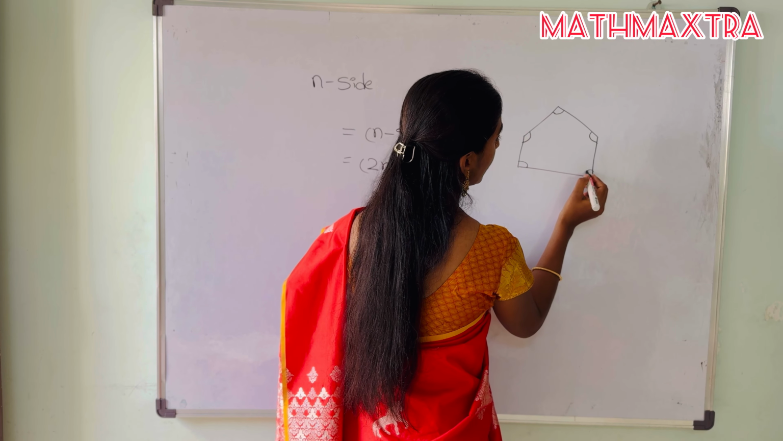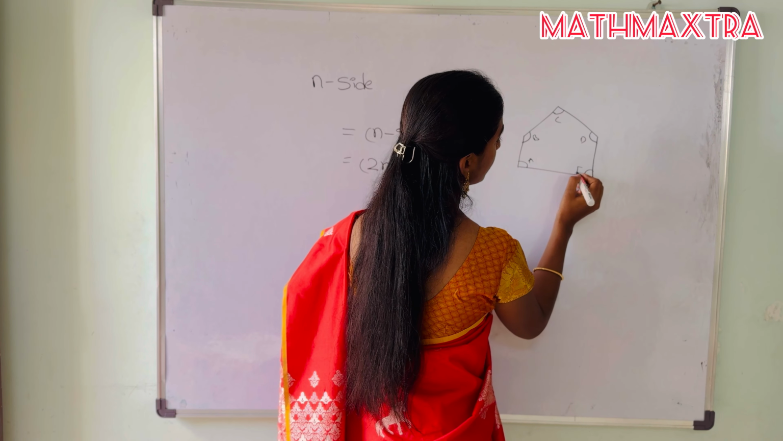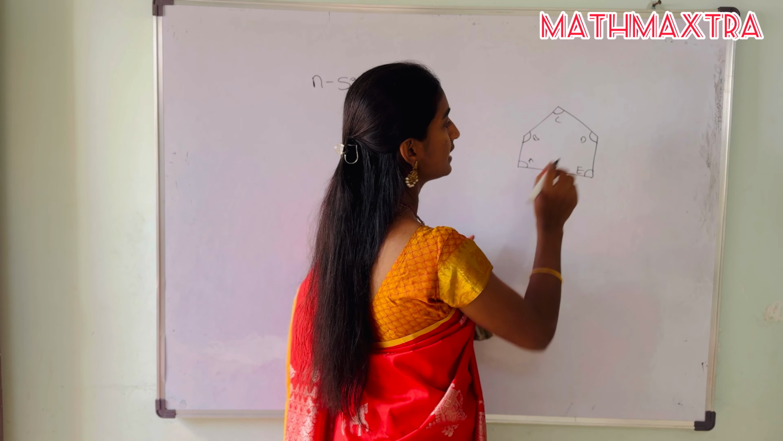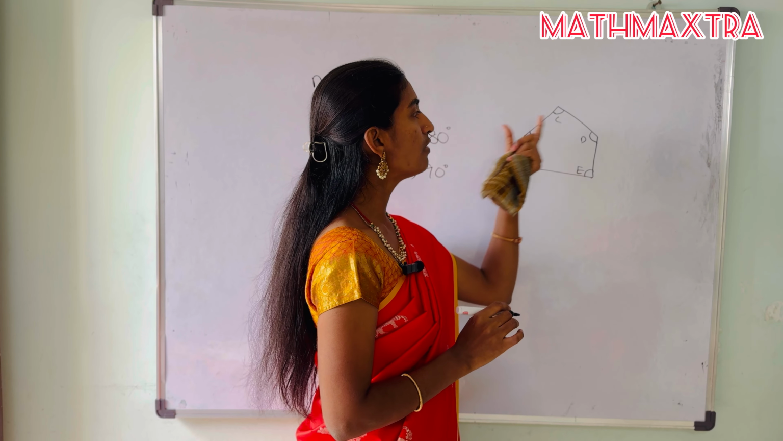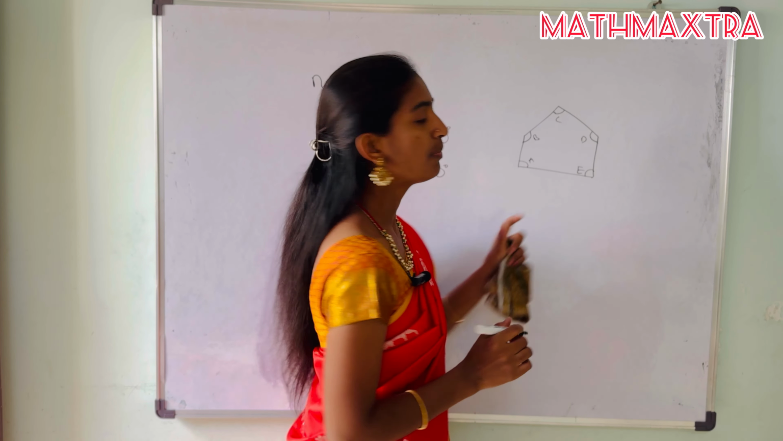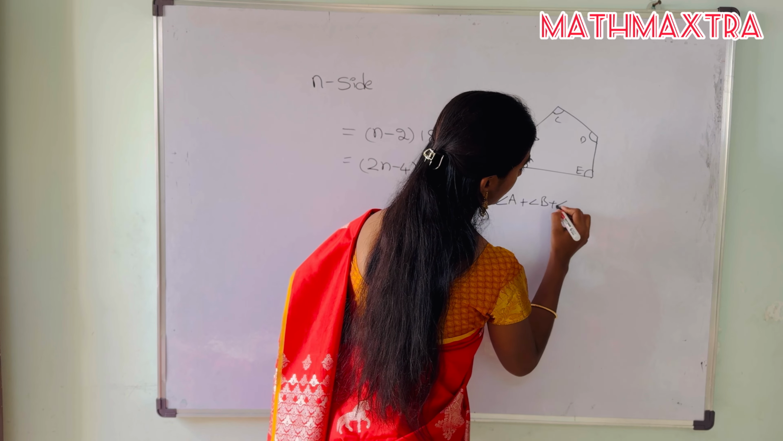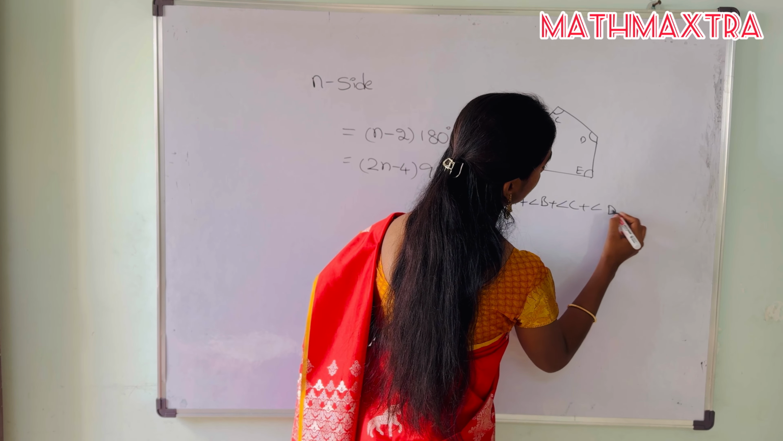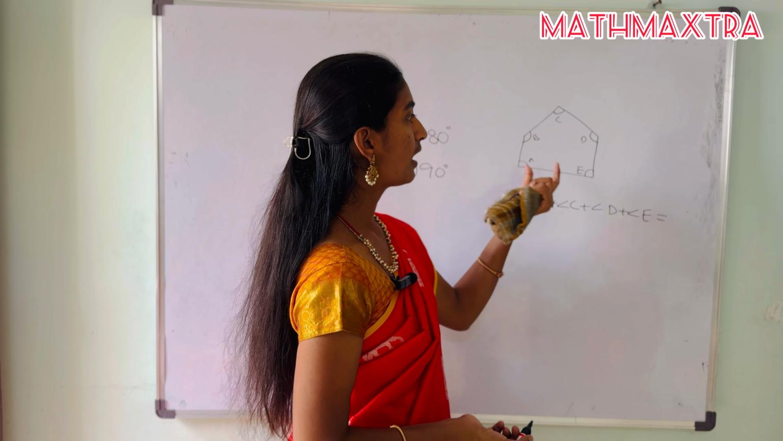This is A, B, C, D, E. So these are angles A, B, C, D, E. So if you take the sum of all the interior angles of a polygon, which is nothing but angle A plus angle B plus angle C plus angle D plus angle E, which is always equal to,